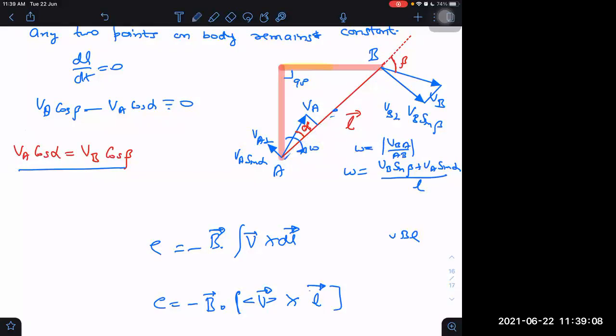How? Let us say this point is point P. Then I will again use the formula: VP minus VA upon AP, which is x, is equal to omega. So you understand that VP will come out to be linear or not? VP perpendicular minus VA perpendicular, both perpendicular to AB, upon AP. AP is x. Is it coming out to be linear or not? Just equate the first equation with the second equation, it will be linear.